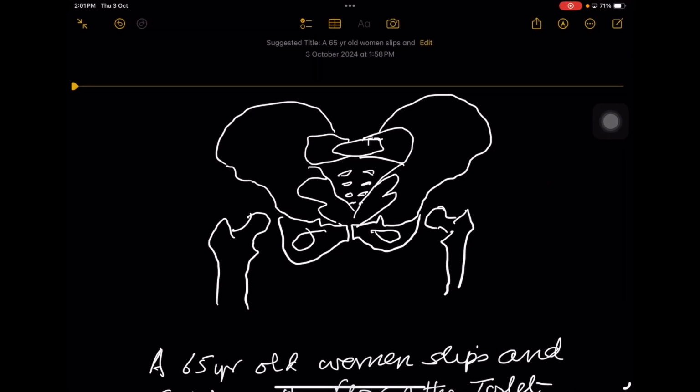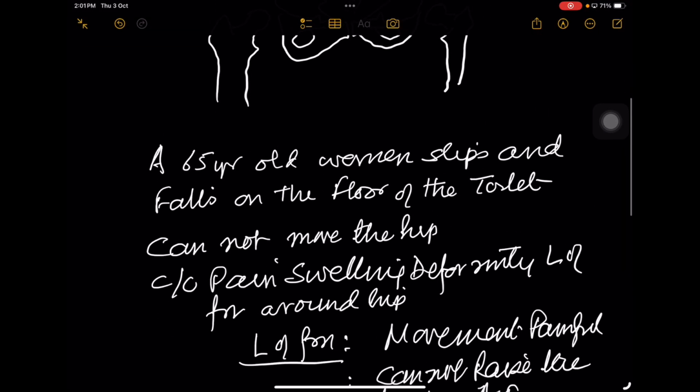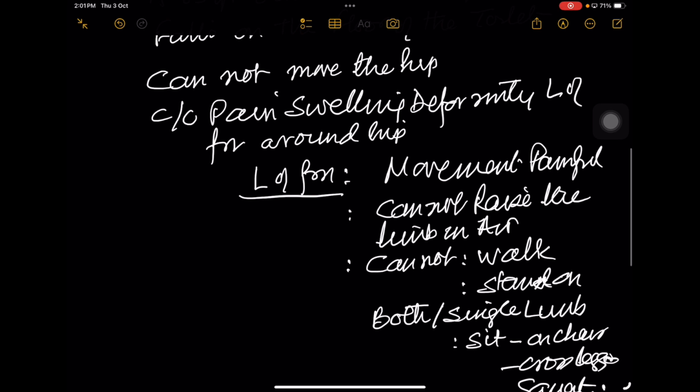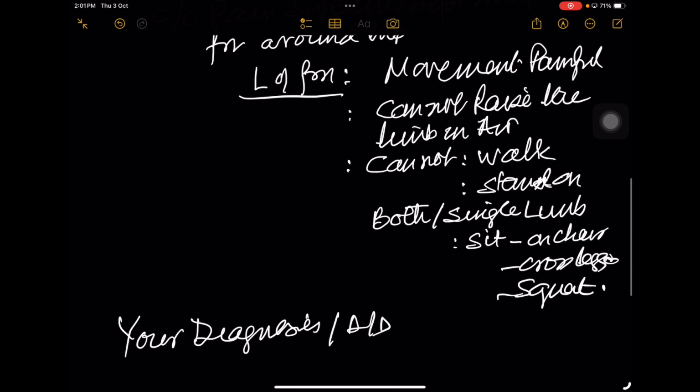So a 65-year-old woman slips and falls on the floor of the toilet, cannot move the hip. There's pain, swelling, deformity and loss of function around the hip. And the loss of function means that movements are very painful, cannot raise the limb in air, cannot walk or